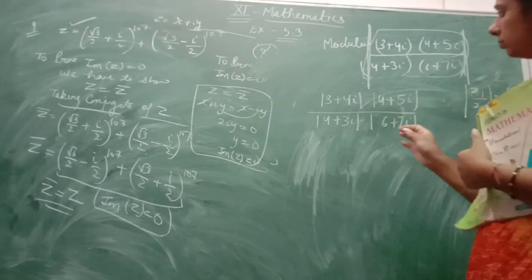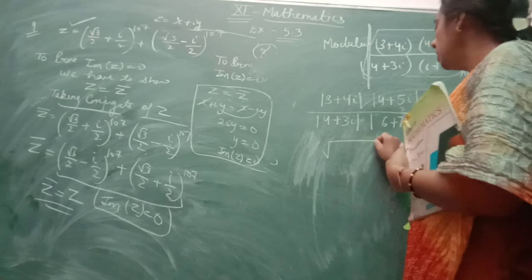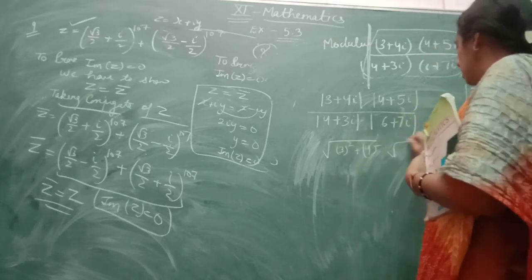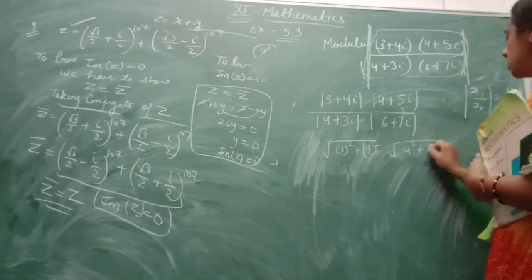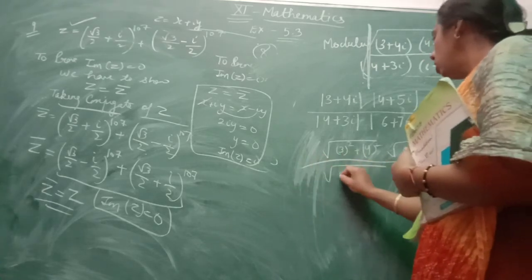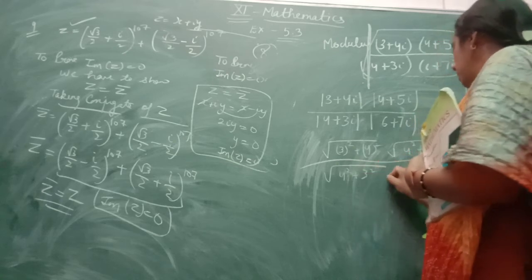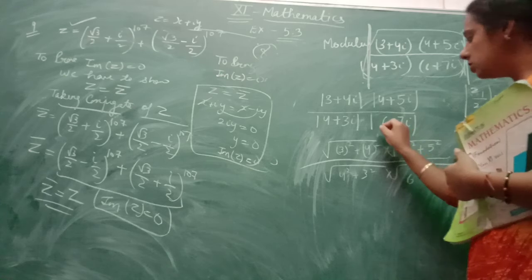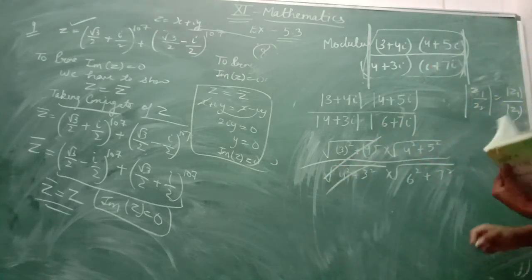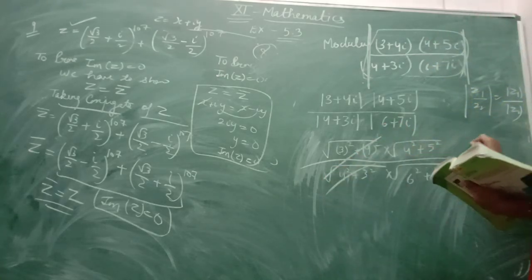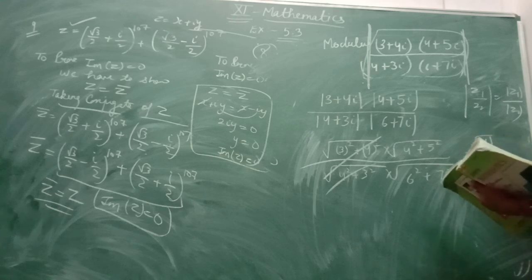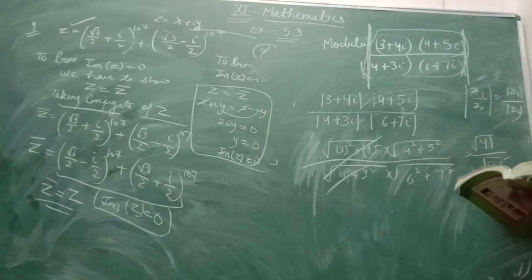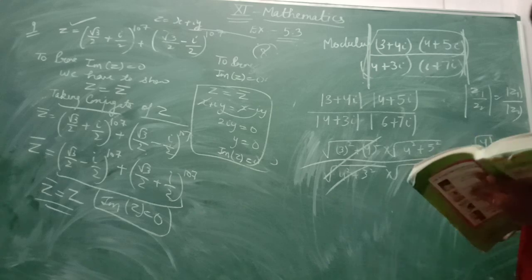Where the term is as it is, keep it. Then, as you know, the real part is 3, imaginary is 4, 4 square plus 5 square. In the denominator you have 4 square plus 3 square, and 6 square plus 7 square. These terms will be cancelled as they are the same square root, and in the numerator after solving it you have root 41 and root 85. After solving these squares you will get the same. So this is your answer to this question.